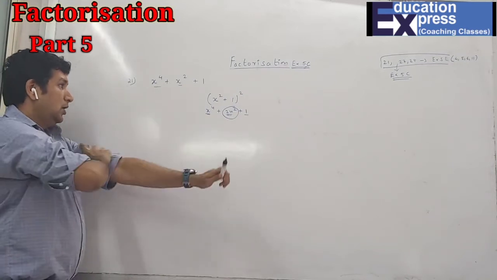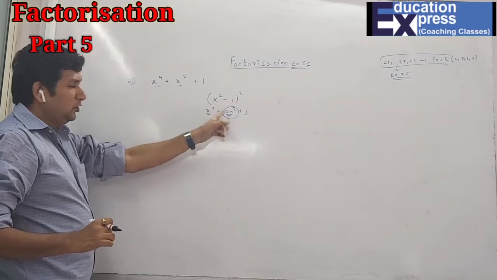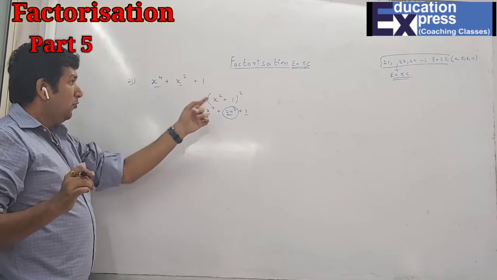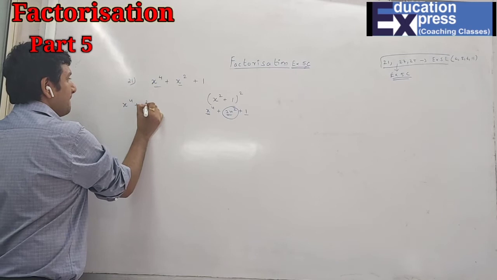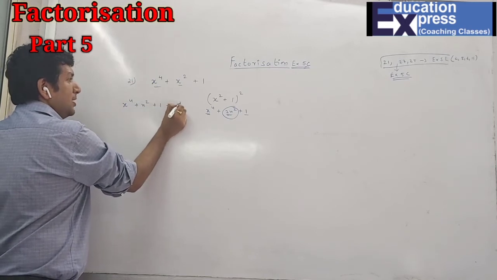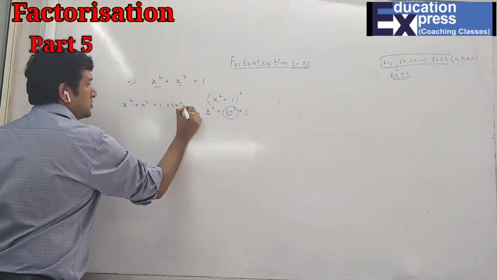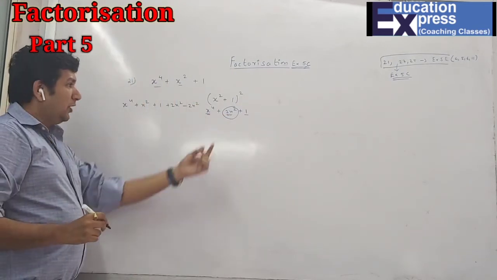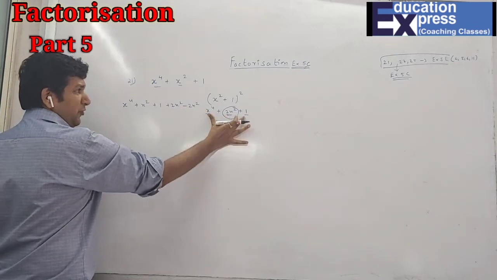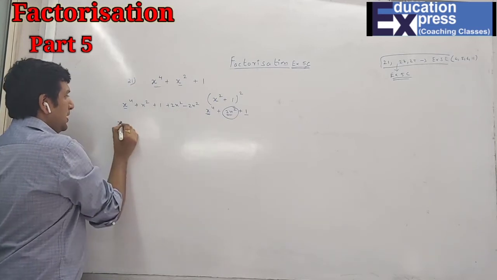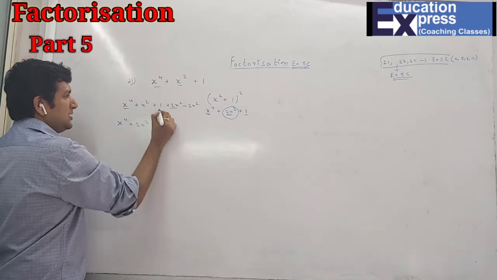Second step now. What you require: x⁴ plus 1, you want 2x², which is plus 2x². Simple. Whatever you get over here, you have to add. But at the same time when you are adding this, you have to subtract also. Whatever you add, the same number you will subtract. So now what will you get? You have taken x⁴, 2x² and 1.